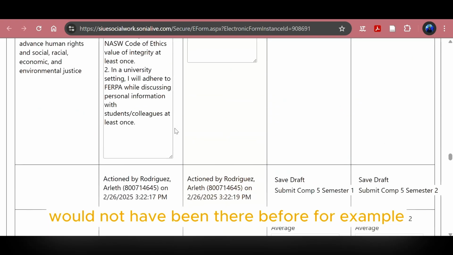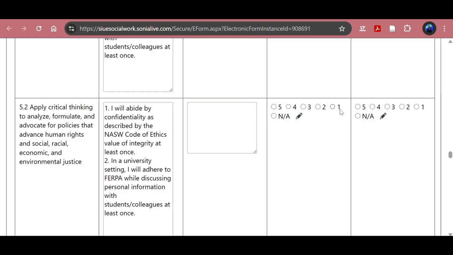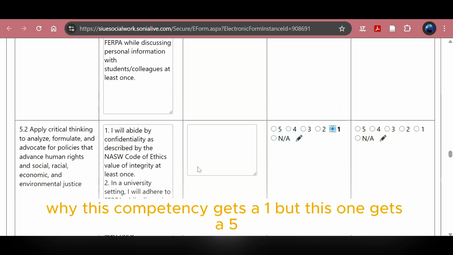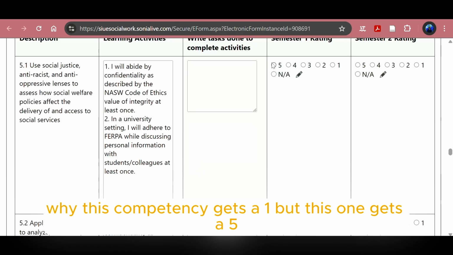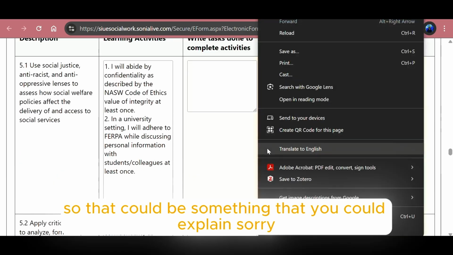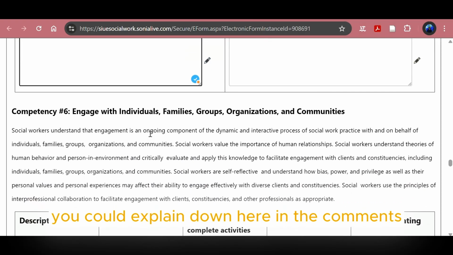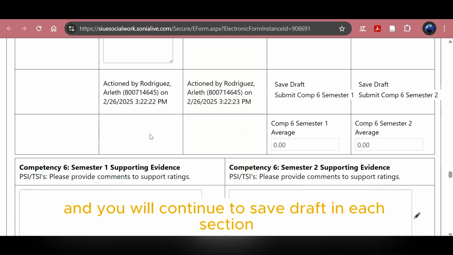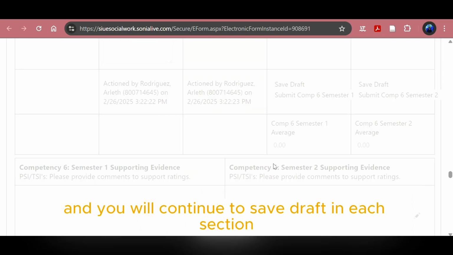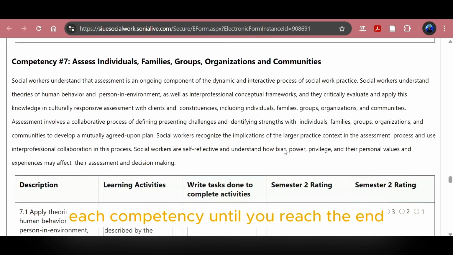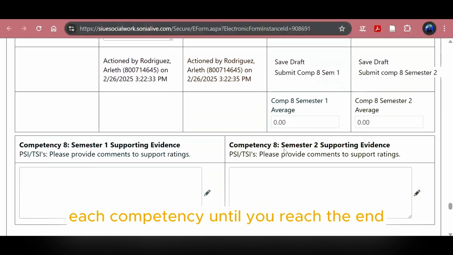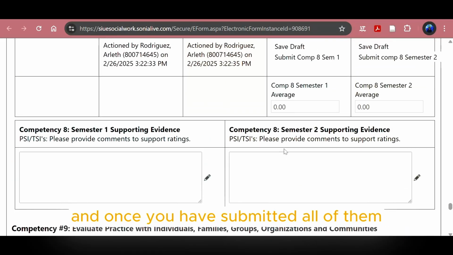For example, why this competency gets a 1, but this one gets a 5. So that could be something that you could explain down here in the comments. But you will continue to do this, and you will continue to save draft in each section, each competency, until you reach the end. And once you have submitted all of them,